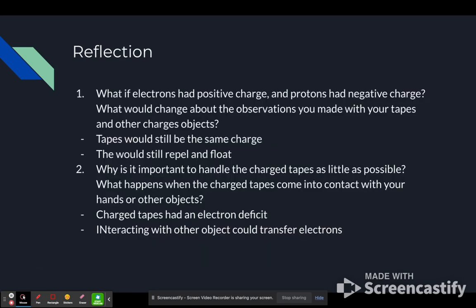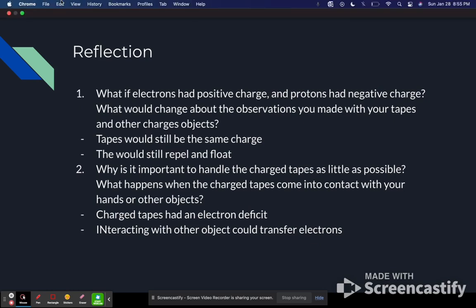Okay, reflection. What if electrons had positive charge and protons had negative charge? What would change about the observations you made with your tape and other charged objects? The tapes would still be the same charge, but they would still repel and float. Why is it important to handle the charged tapes as little as possible? What happens when the charged tapes come into contact with your hands or other objects? Charged tapes have